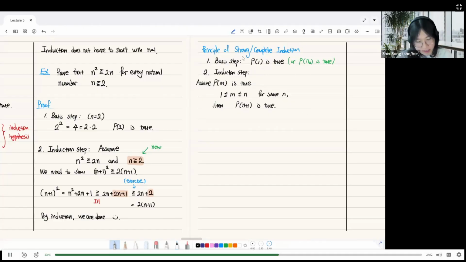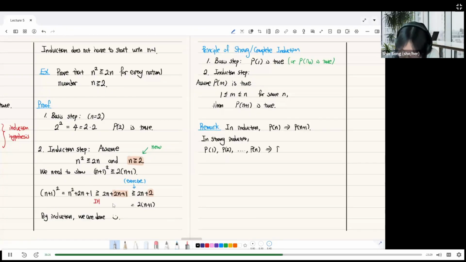Okay, that's for inductive. So what it means is that in ordinary induction, or weak induction, we had P of n, and only then you can say the P of n plus 1. In our base case,